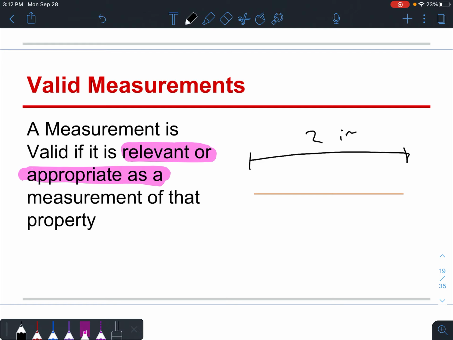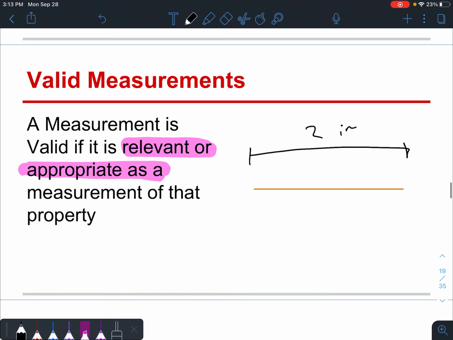That would be a valid measure. We'd be measuring it in length. We wouldn't say, okay, that line's about 5 seconds. That doesn't make any sense, right? Seconds, time, is not a valid measurement of length, so we're not going to use that. So valid measurement